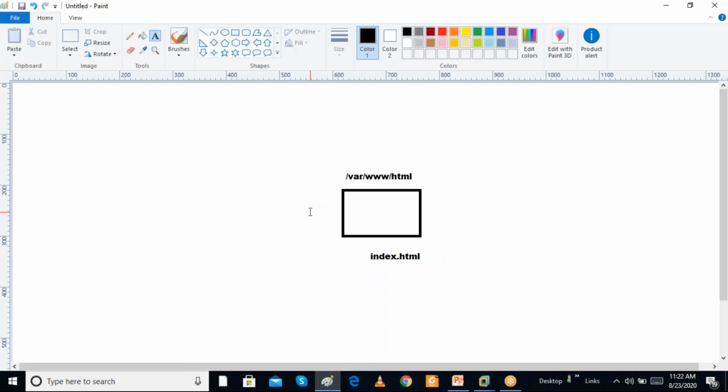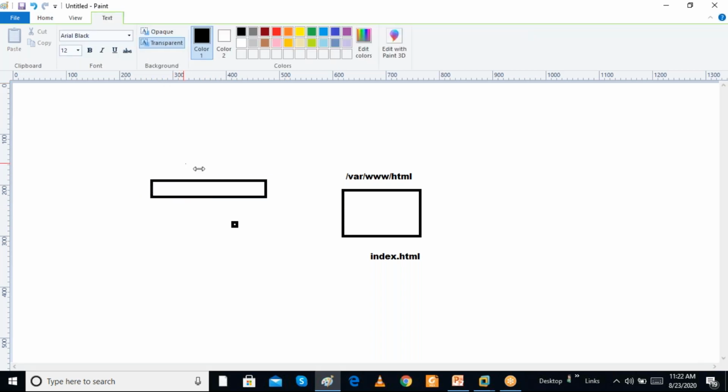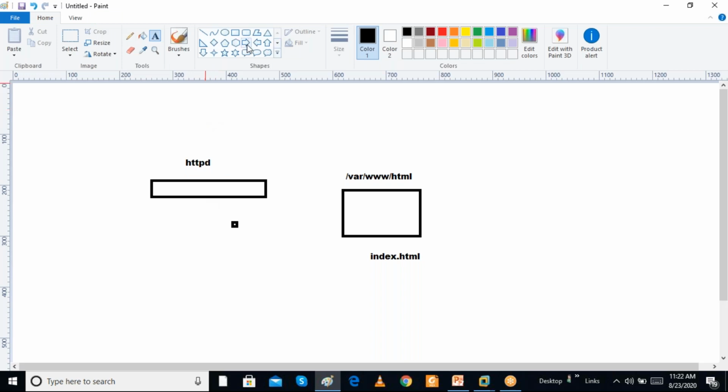And there is an application, a web server application, a process called httpd. httpd is the web server application, and it is trying to open this file, to connect to this file.